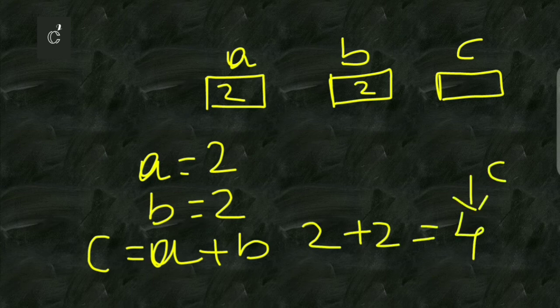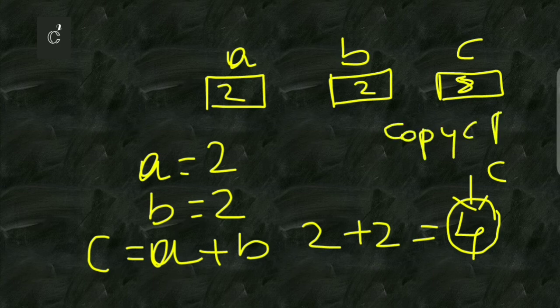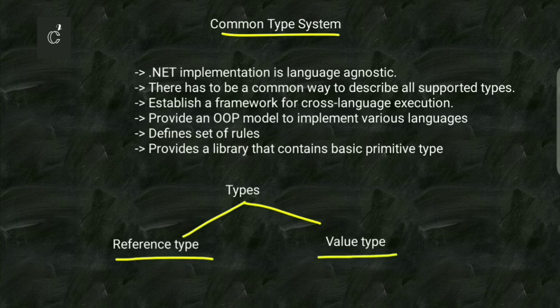So after the addition, c will have the first added value 4, and finally when we are again adding 4 plus 4, a copy of the value c will again be prepared in a memory cell. So 4 will be copied to another cell, and 4 as well as the previous value 8 both will be retained. So value type and reference type are the two types, and it will also define several categories of types,